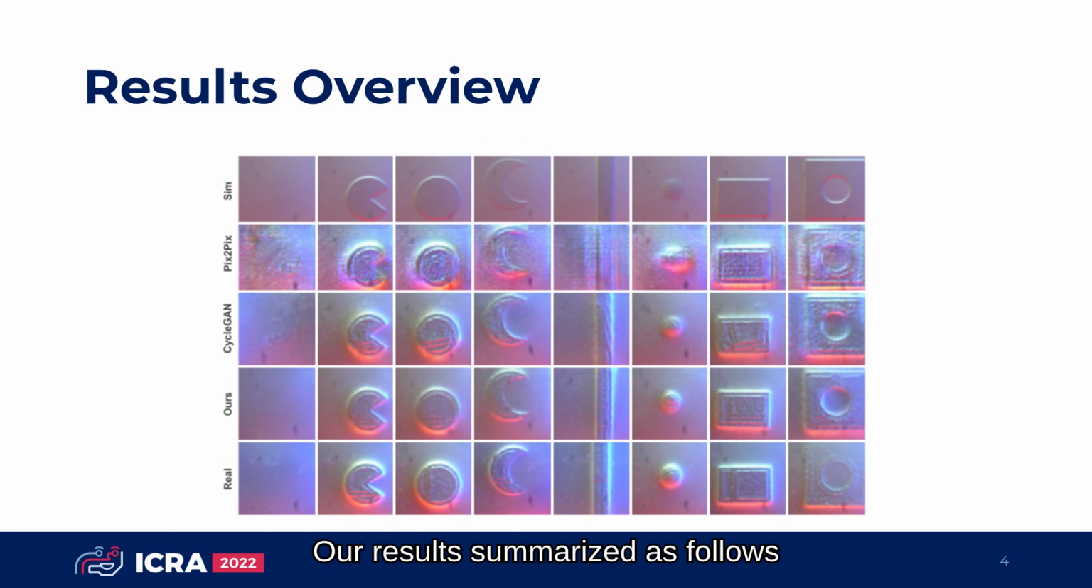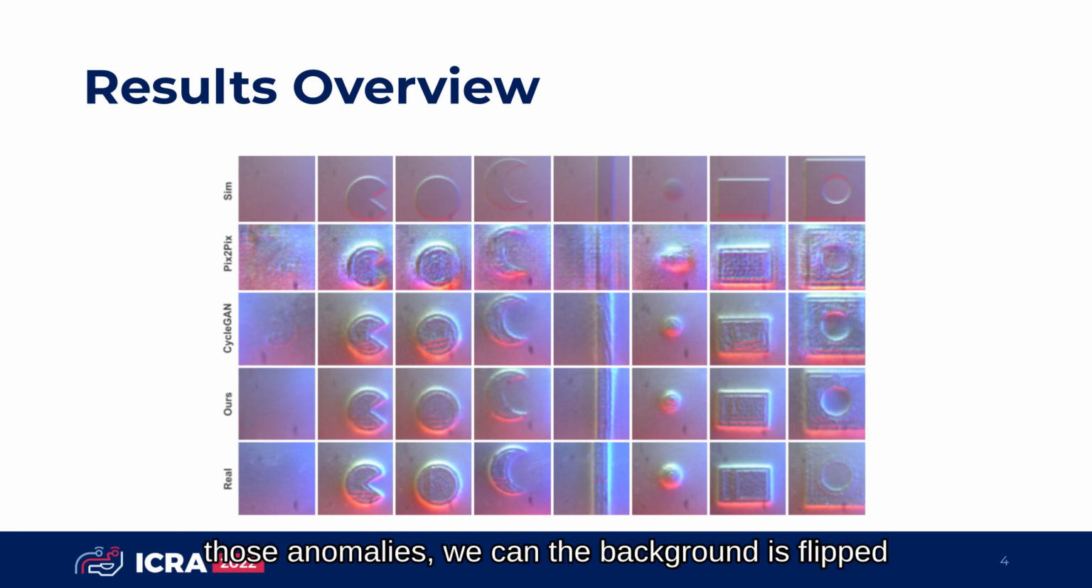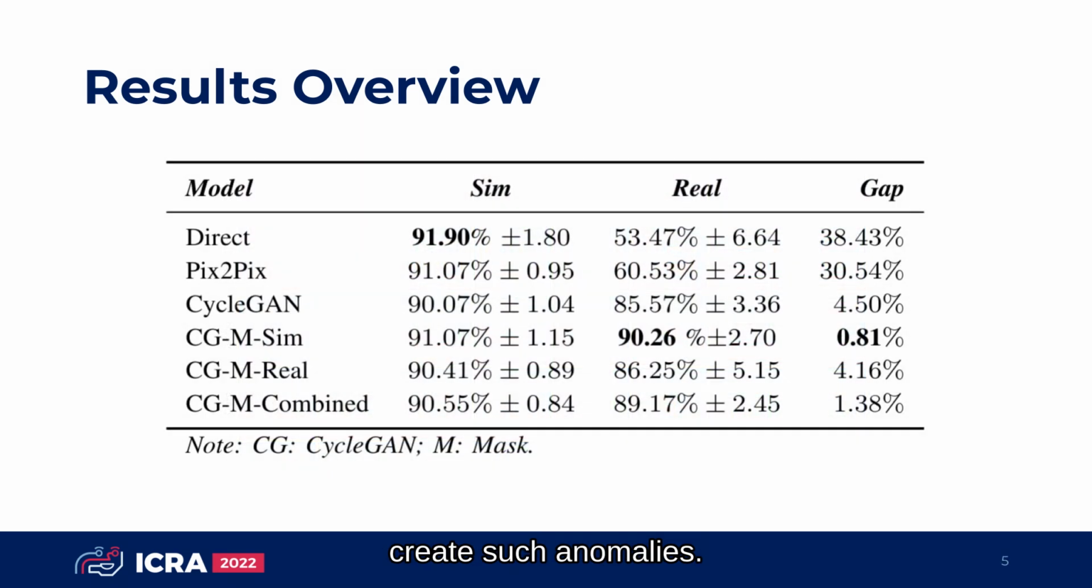Our results summarize as follows. First of all, in the first column under the CycleGAN, we can see those anomalies. We can see that the background is flipped and that the in-contact region was generated, whereas ours does not create such anomalies. Secondly, we trained a classification model on the simulated and generated images respectively, and tested on the